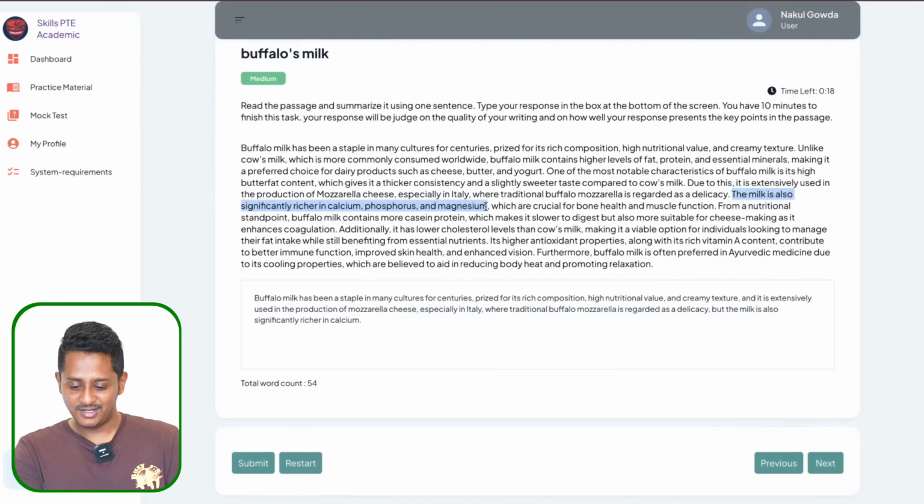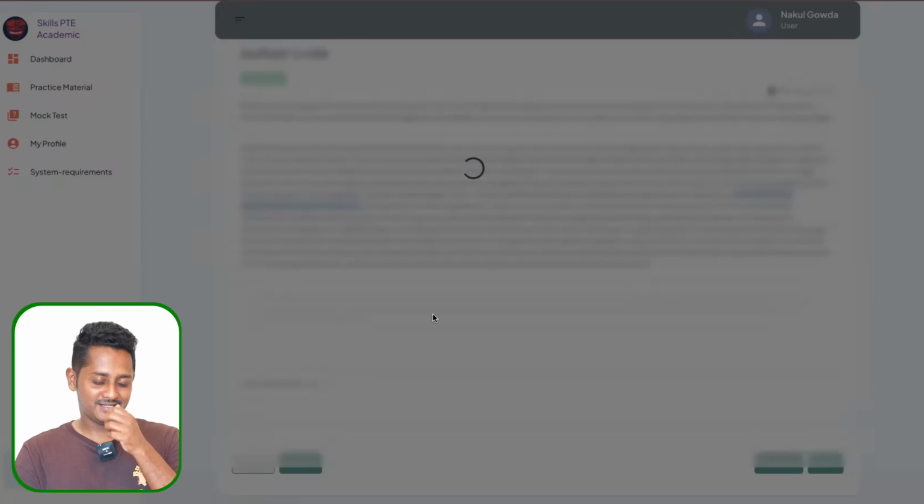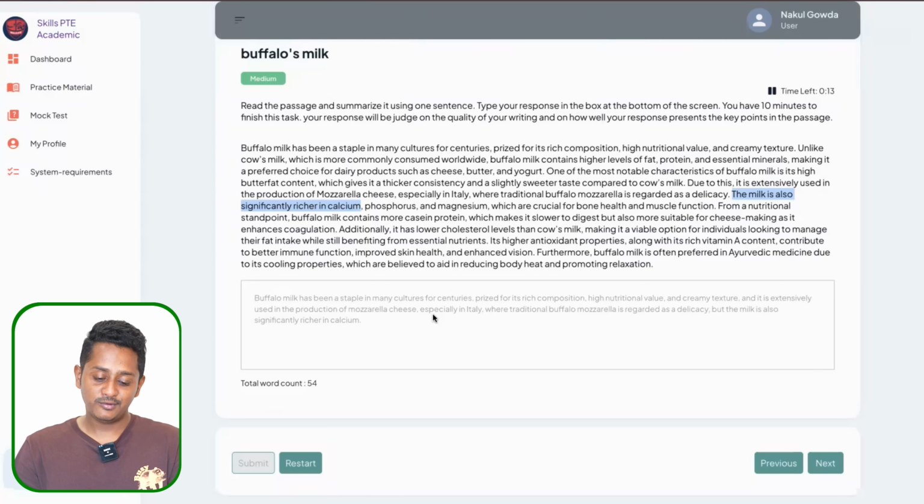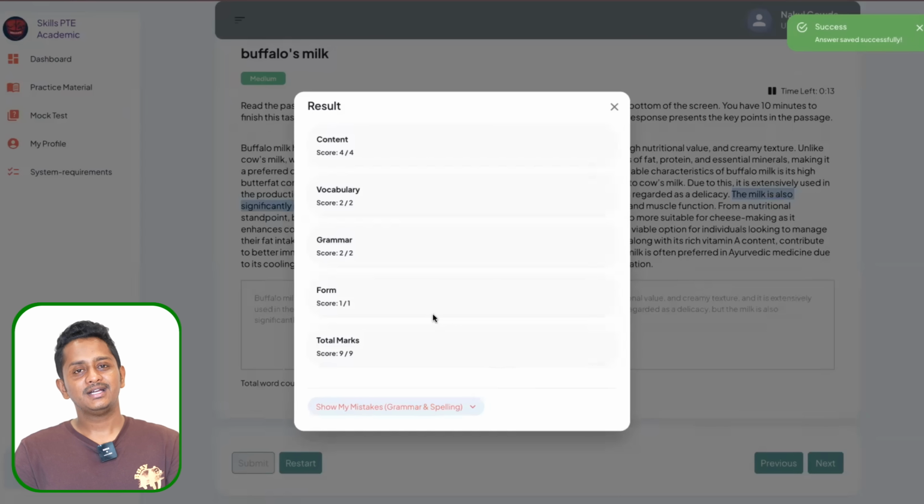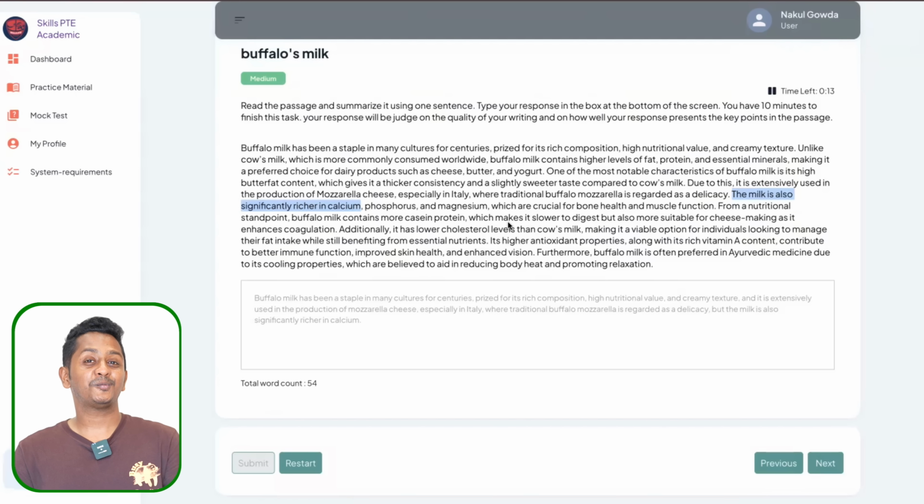We have tried to cover a little bit more content compared to what it was before. Probably one extra line we added, and now we will try to submit it. Most probably it should give full scores, and it has. This is how you are going to do it. If you really don't want to risk, the ideal word count would be 60-65 words for the perfect content to get 4 out of 4.